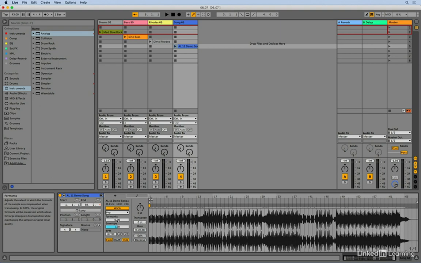And if you don't know what formants are, if you haven't dealt with them before, formants are those fundamental frequencies that are part of how an instrument creates sound because of kind of the length of the tube or the size of the instrument itself. And sometimes when we start changing the tempo of files or pitching files, we'll actually hear some strange thing happen